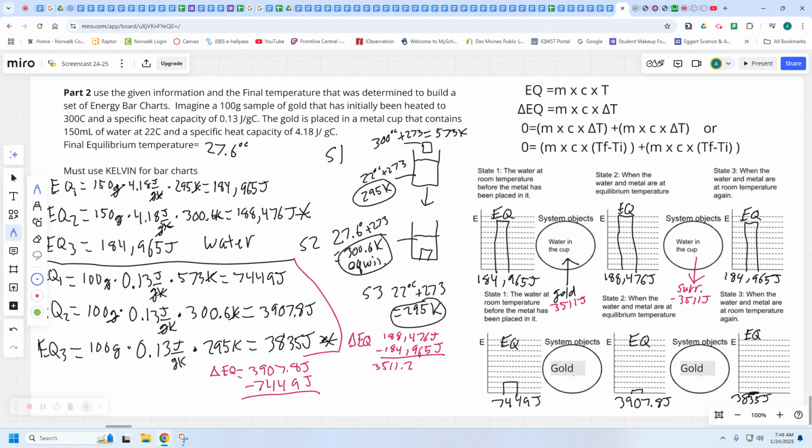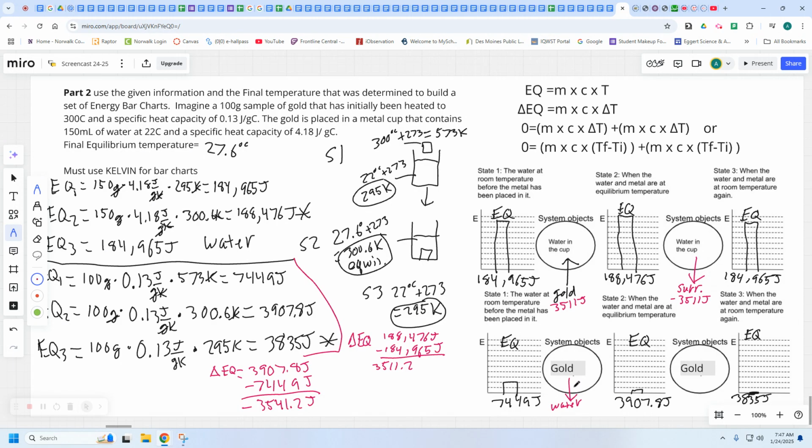As long as these calculations are correct, we should see that the gold has a decrease of 3,541.2 joules. So that means that energy is transferred out to the water,